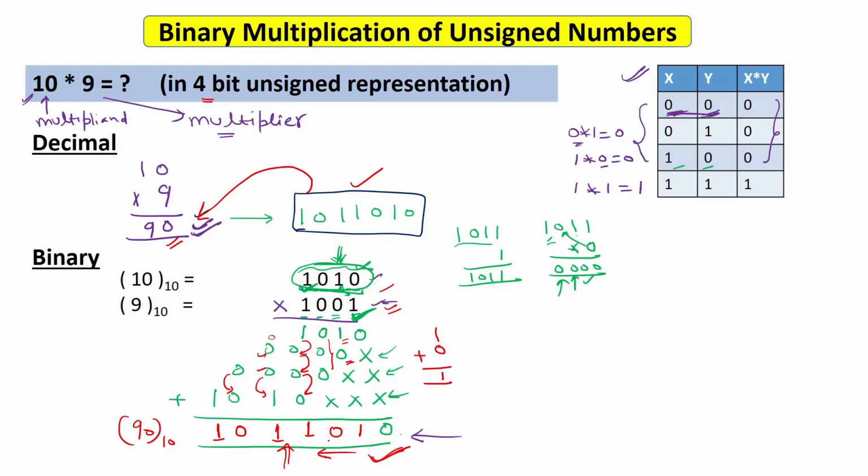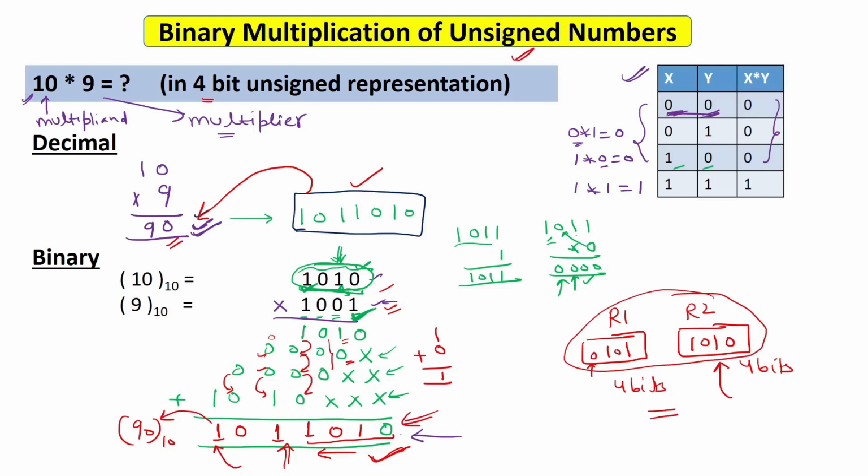So in actual computers, or in modern computers, this answer will not be saved in just one register inside the CPU. There will be, let's say, 2 registers: this is register 1 and this is register 2. Half of your answer, or 4 bits, will be saved here and the remaining 4 bits will be saved here. So this 1010 will be saved here, and the other bits, that is 101, will be saved here. You can put 0 also here to make them 4 bits. This way you will not say that there is an overflow.